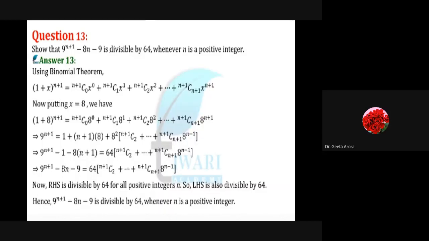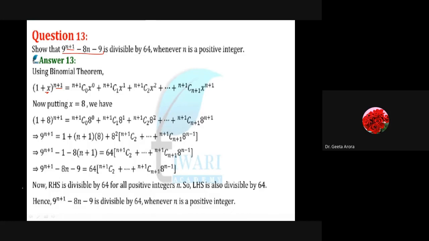Again, we are going to use the binomial theorem. And these types of examples are very different as compared to the other one, because if a student has not seen this type of example, it's not feasible to do it at that particular time. So here we have written the formula for 1 plus x raised to power n plus 1, because here we are getting n plus 1. So we have taken 1 plus x raised to power n plus 1. How can we write it down? The first term is 1, the second term is x.